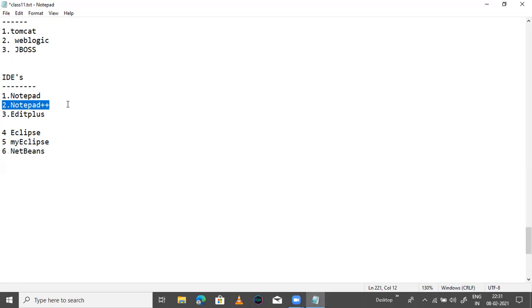Mostly I am using Notepad++. I will prepare all these examples using Notepad++, but I will also discuss how to use Eclipse, MyEclipse, and NetBeans.